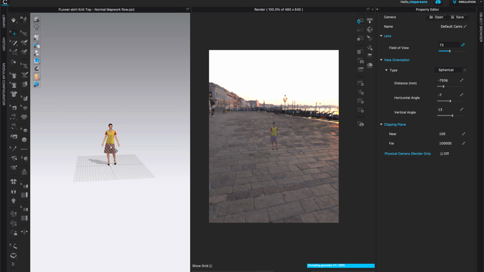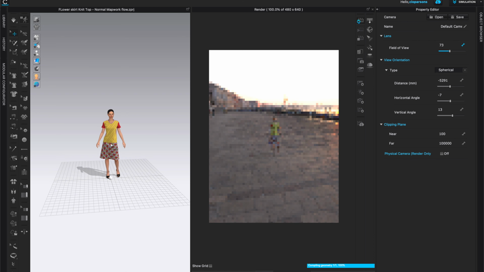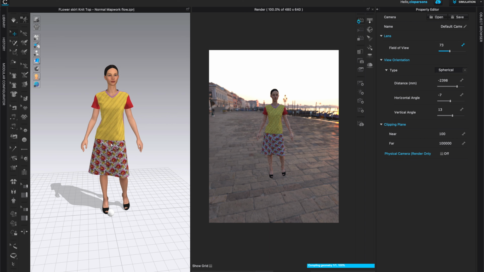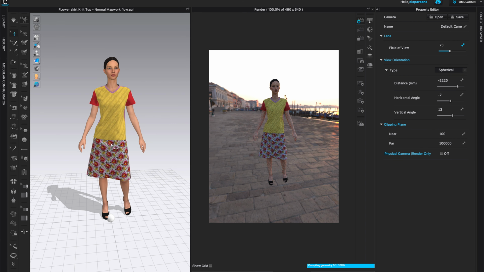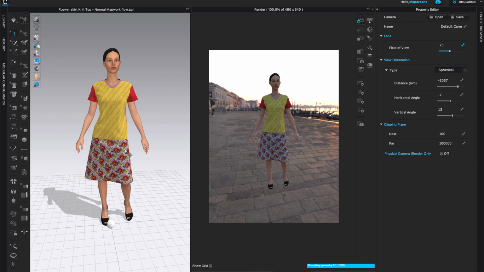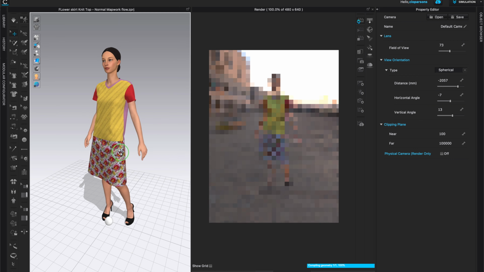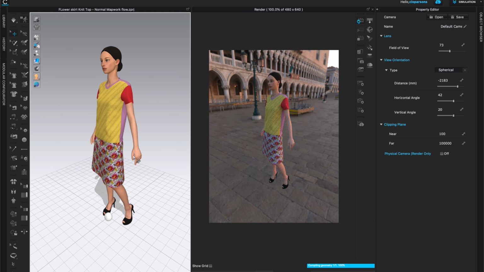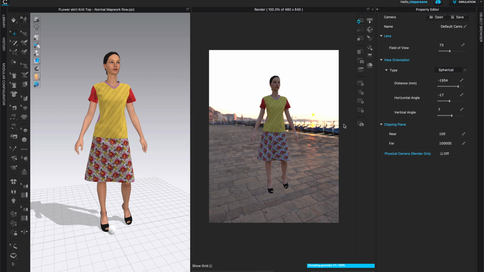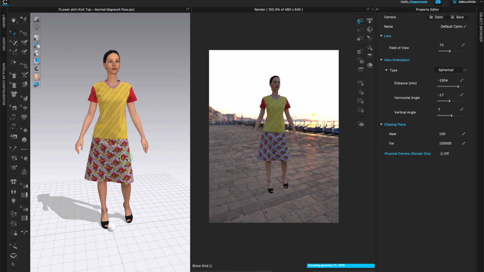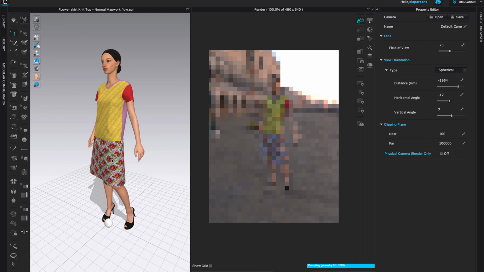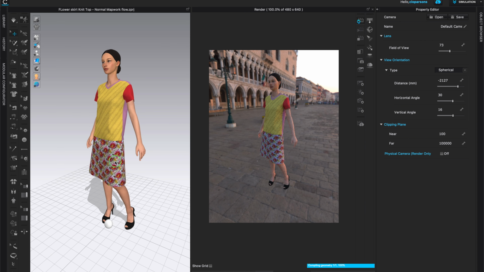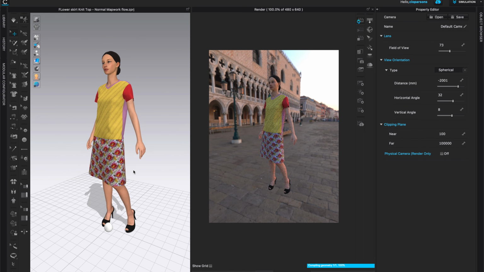Just come to the 3D window and resize the avatar. I am rolling my middle button and that will give me the option to scale the avatar to the scale that I want, and I can also rotate my avatar and get the perfect angle that I want this to be at. Keep playing with the background or keep resizing the avatar or changing the angles until you're perfectly happy with the angle that you like and it fits perfectly in the environment that you want to feature.